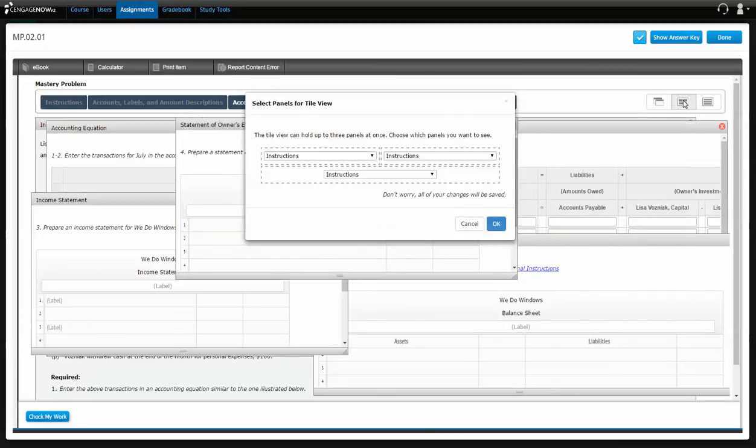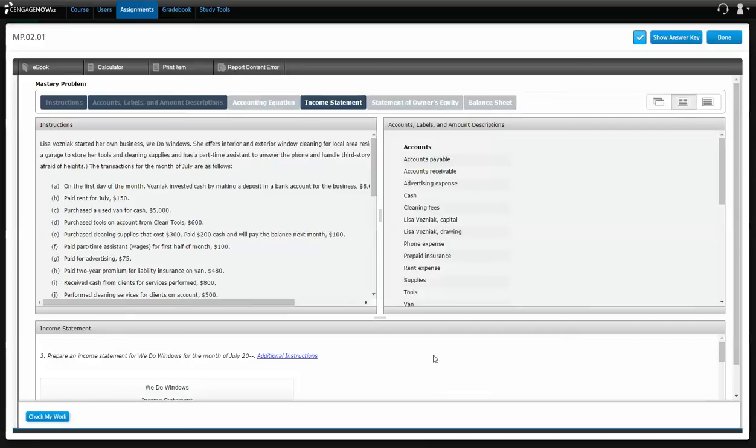If I use these tools here, because there's a whole bunch, it'll show me how I can view these. So you can view up to 3 at once. Let's say I really need to see my instructions, I need to see my labels, and I need to see my income statement. I'll click OK, and now it's going to organize those for me in a way to be able to see it easily on one screen. Okay, and if I'm working on my income statement here,